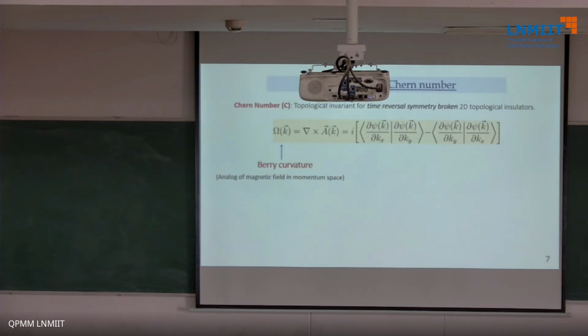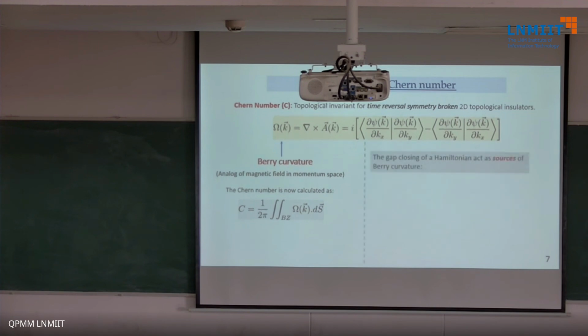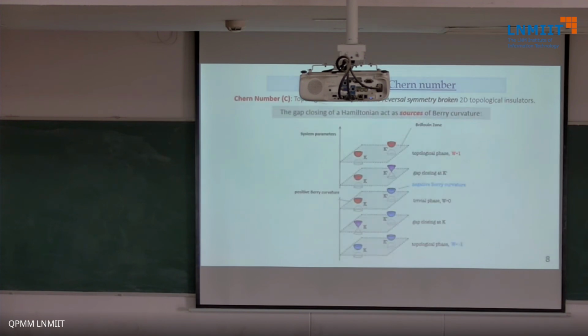That's again the Berry curvature. The Berry curvature is here, and so on. And then the Chern number is calculated as the integral of the Berry curvature. This is like that Gauss-Bonnet theorem, the 2 pi into 2 minus g, and this is that integral. So let's not worry about 2 pi into 2 minus g. That's a mathematical thing. For us, what is important is that the Chern number comes as the integral of the Berry curvature over the entire Brillouin zone. So let us go a little ahead.